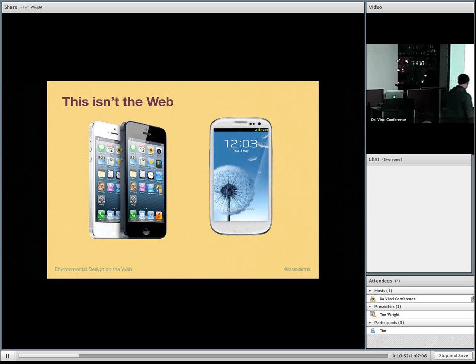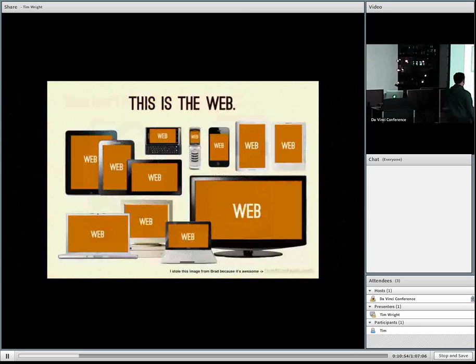But what we also found out was this is the web. And credit where credit's due, I stole this from Brad Frost. This is what the snapshot of the web looks like, even with the Motorola Razr up there. You access the internet from all these devices, and it doesn't matter that you're on an iPad or a TV or a laptop or, I think that's an Apple IIe. It doesn't matter where you're coming from,